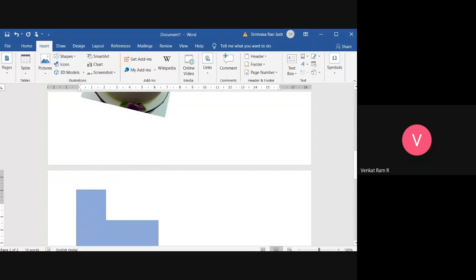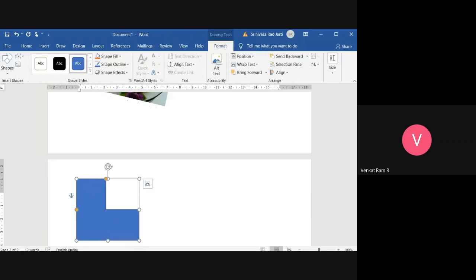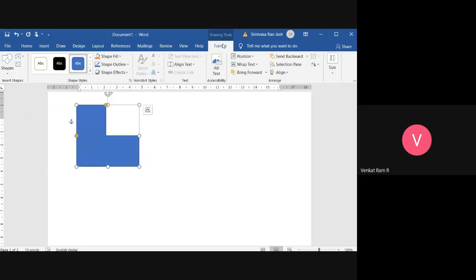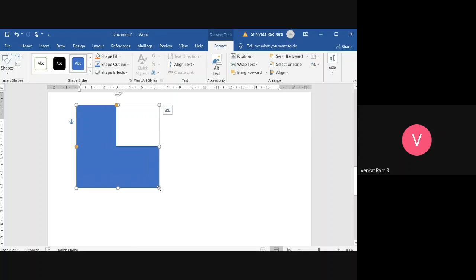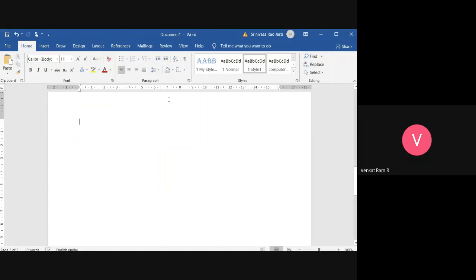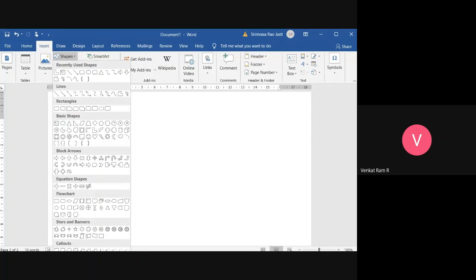And for this, if you observe, you are getting a new tab called format tab, and this format tab will come only if you select any text, or if you want to make changes for a table or for any figures, else you will not get it. See now, is the format tab available now? It's not available. So if you are doing any changes, then only you will get a format tab.